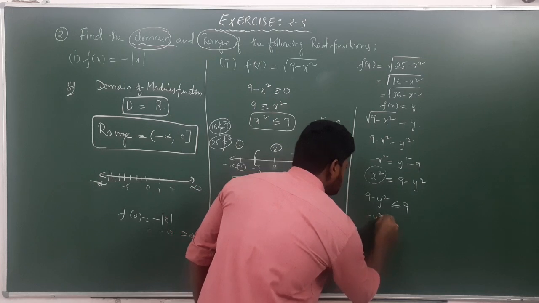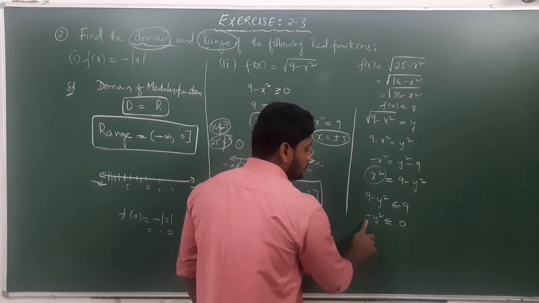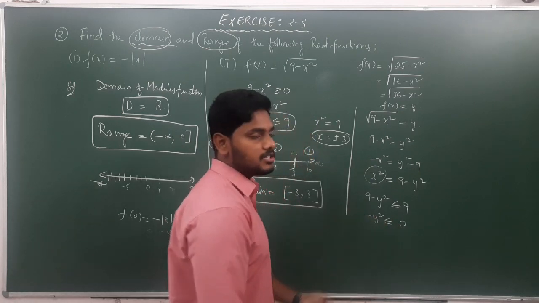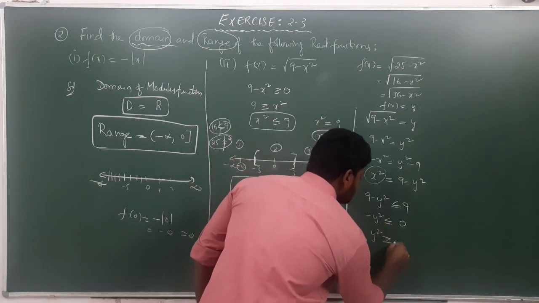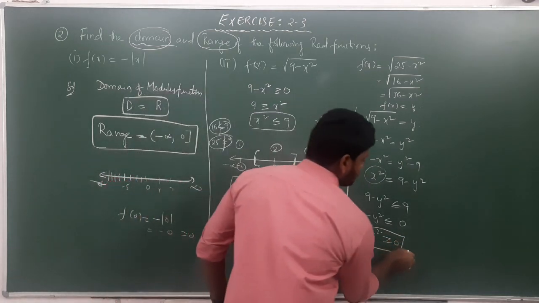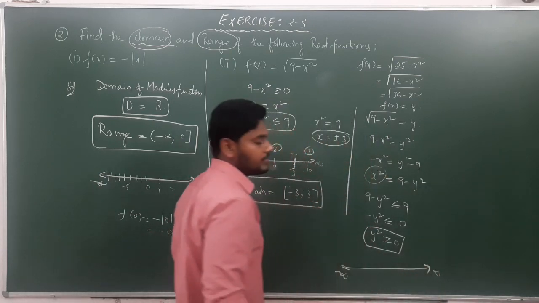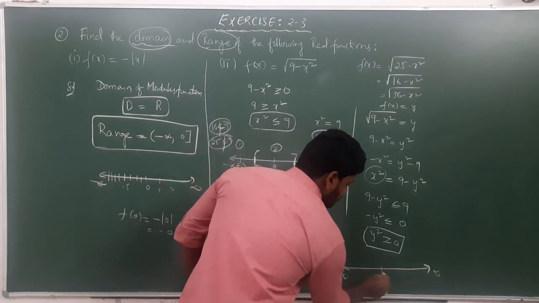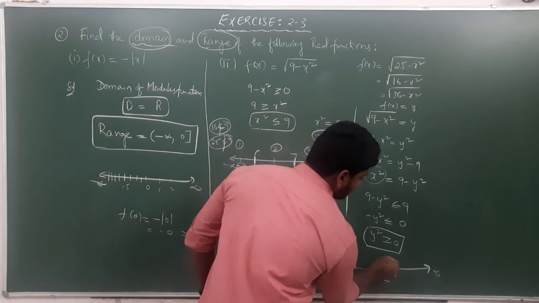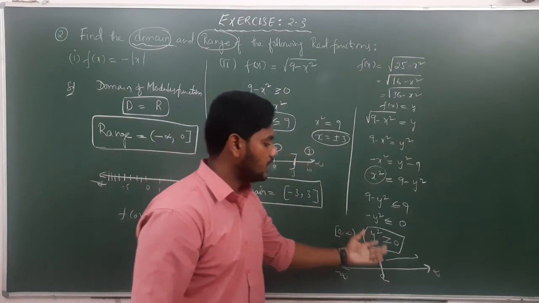Now minus y square is less than or equal to 0, can I write? Nothing but 9 minus 9 will become 0. Minus y square less than or equal to 0. As it is an inequality, if you multiply by minus on both sides, the inequality will change. So y square greater than or equal to 0. What are the values? Minus infinity to infinity, equal to 0. So that means the values will be 0 to infinity, right?